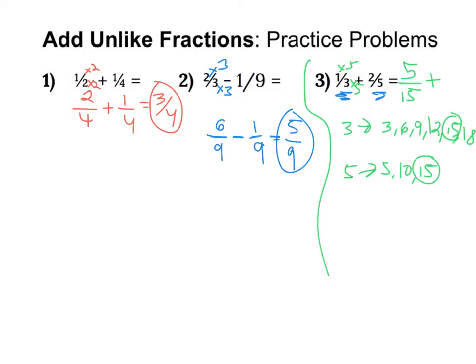Now I have to do the same thing for the other side. I'm going to change the color so that way it pops a little bit. I know that 5 times 3 is going to give me 15. Okay? And whatever I do to the bottom, I have to do to the top. So 2 times 3 is going to give me 6. And now I have like fractions. 5/15 plus 6/15, and that equals